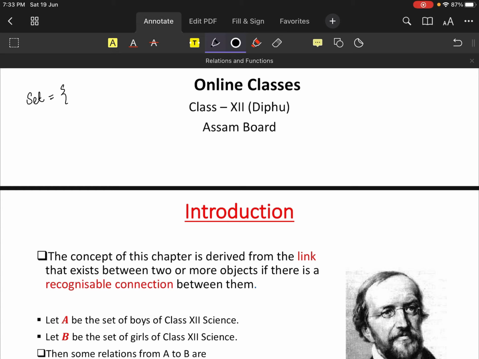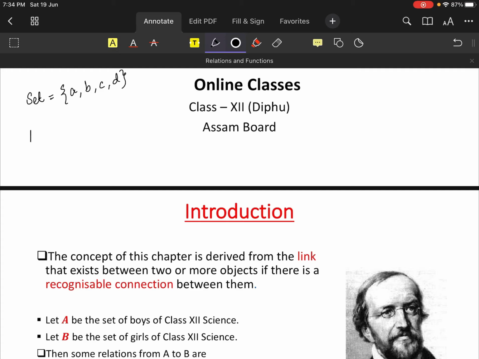So if I have A, B, C, D, and I have to define this, it says that it is the first four letters of the English alphabet. So a set is a well-defined collection of objects. Now moving from that, we came across the Cartesian product. And what was the Cartesian product?